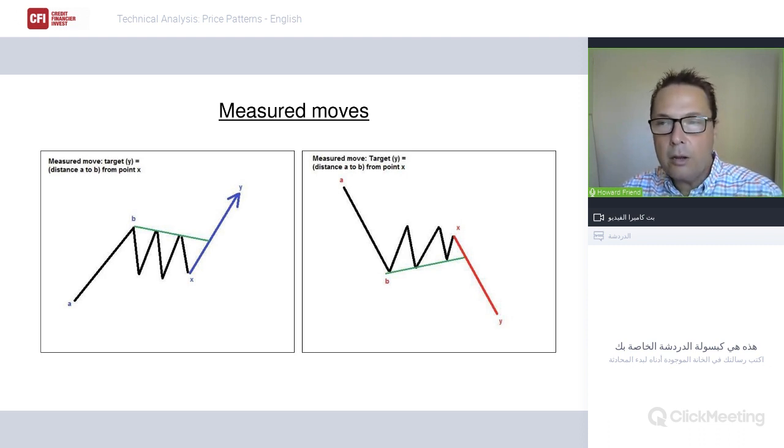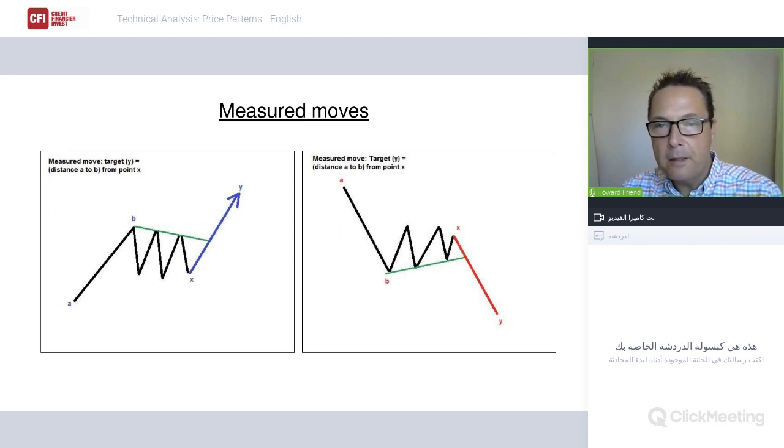And then when we get the closing break of the downtrend line here, that gives you completion of the pattern. And then what we're doing is we're measuring swing A to B from the last higher low, or the end of the pattern. So in this case, point X. So A to B distance measured, added on top of point X to give you Y, which is the measured